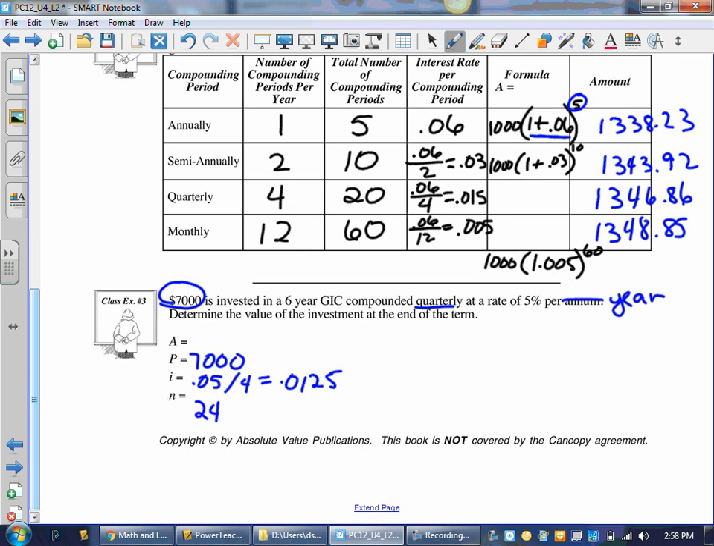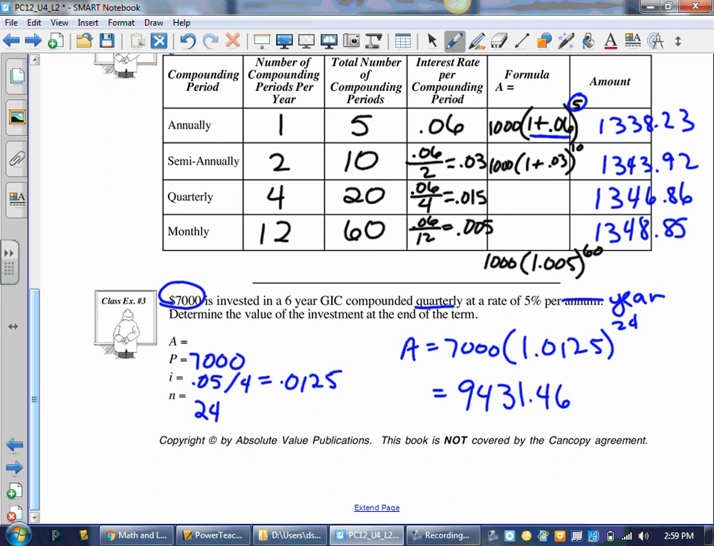Yeah? So here we go. It goes A equals 7,000 times 1, and we're going to add the interest rate to it because it's 1 plus I, so 1.0125, and that's going to happen 24 times. Make sure you put your 1.0125 into your calculator first, raise it to the 24th power, then times it by 7,000, and you will get your investment is worth